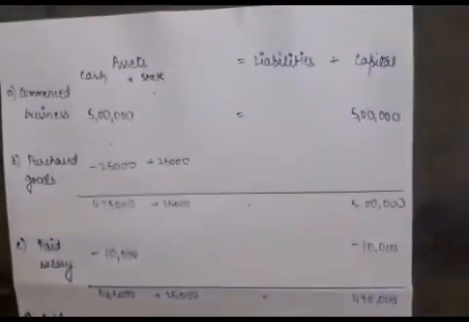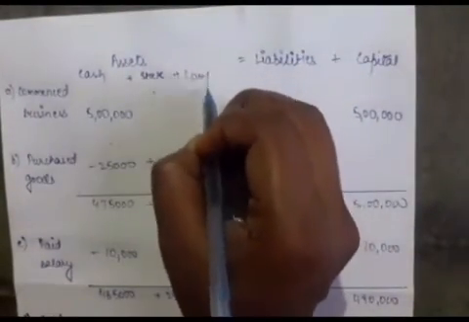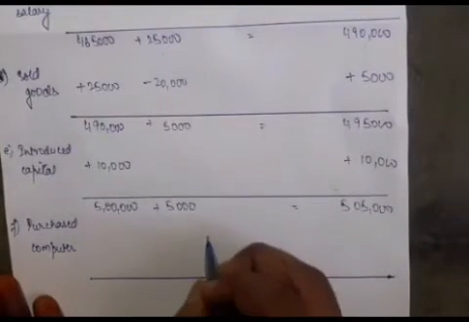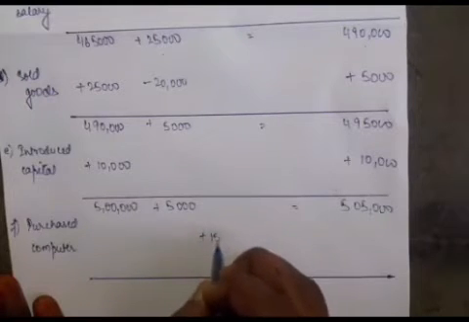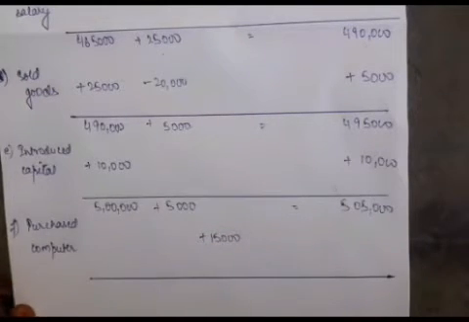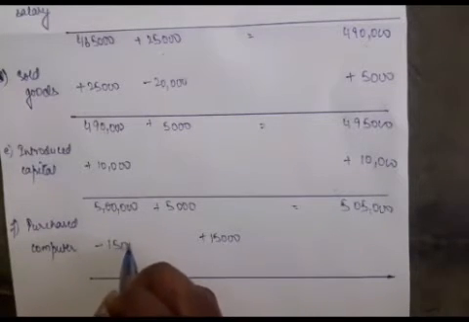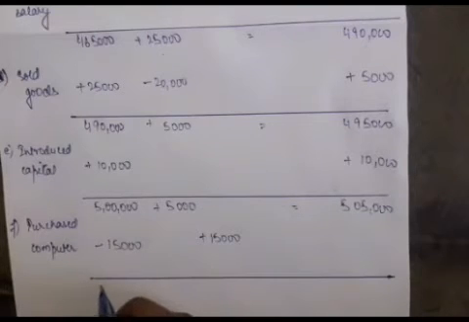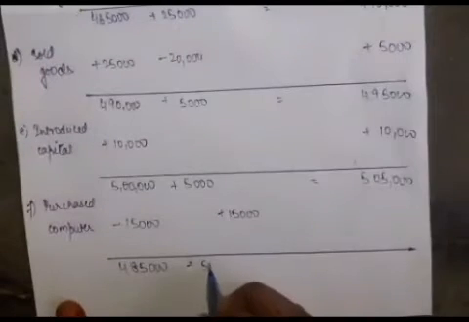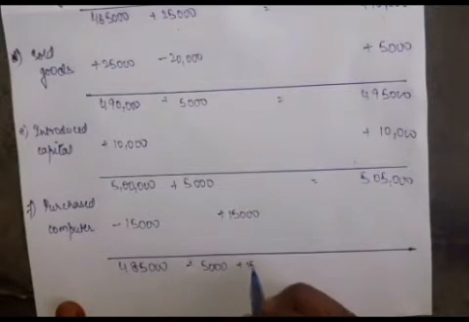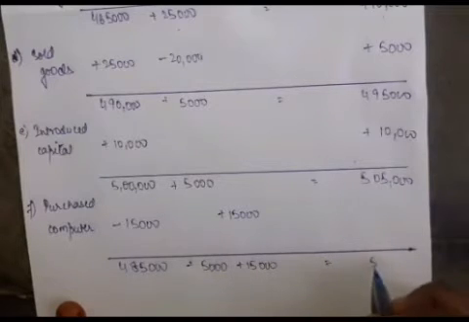So we will make another column here, computer. Okay, and in the computer part, because of 15,000, we would be adding 15,000 here. And the next thing that we have to do, because again it's not mentioned in the question whether we are taking it on credit or on cash, we'll be assuming that it's on cash basis, so we'll be deducting 15,000 from the cash part. Okay, so what will happen now, we would write the final answer: 4,85,000 plus 5,000 plus 15,000 would be equal to 5,05,000.